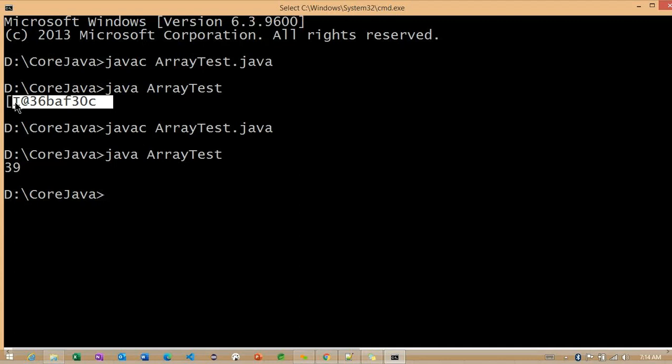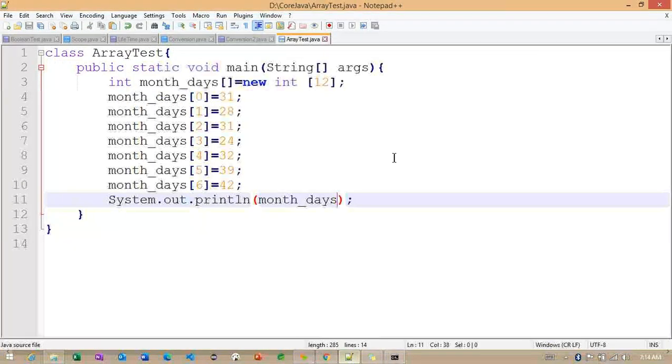Based on this reference only, the compiler can understand whether the object is newly created or an existing one. Okay. So any other questions?